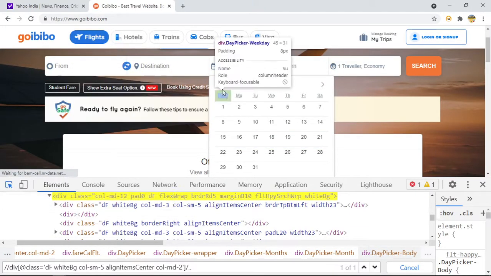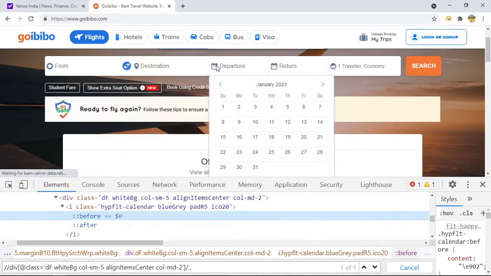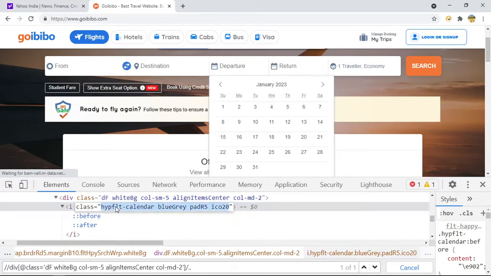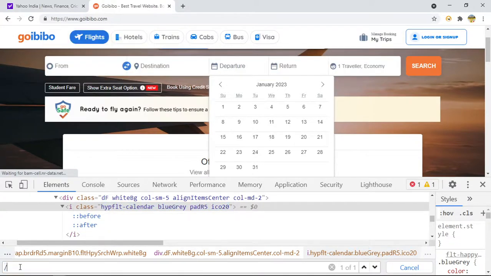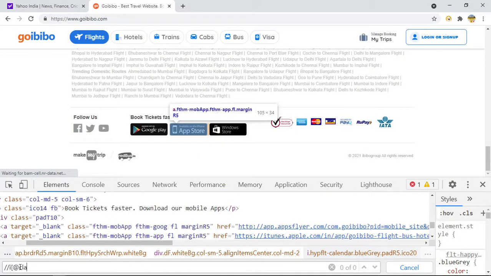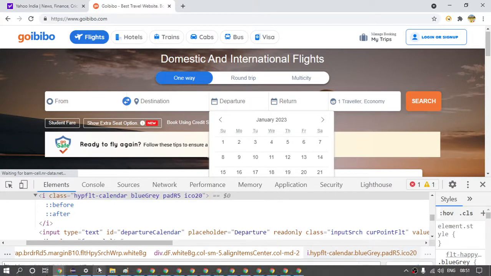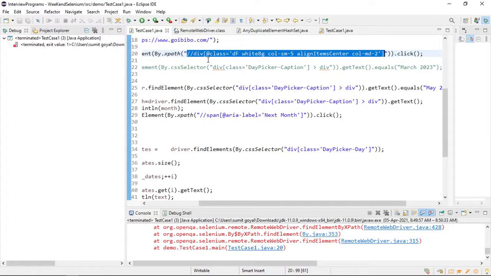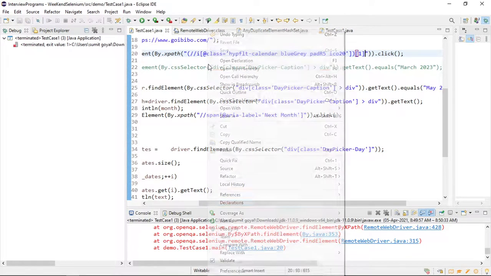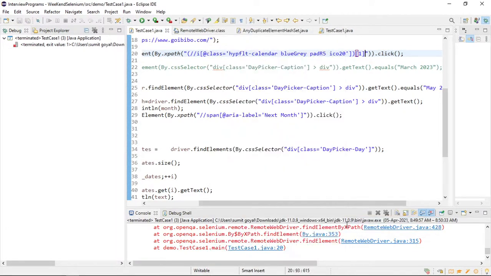Let me try for this. I class equals to A. Two elements are matching, so I can say 1 as this is the XPath. I'm assuming that this will not change frequently. And if I run this now,